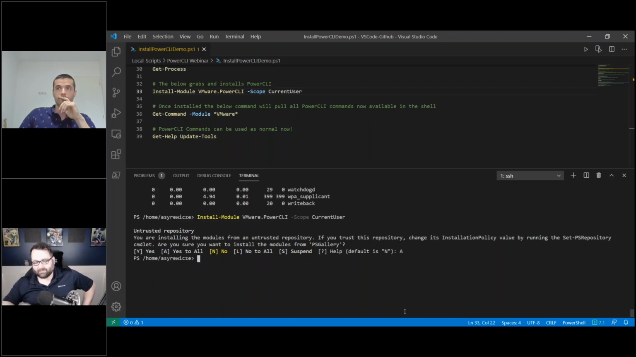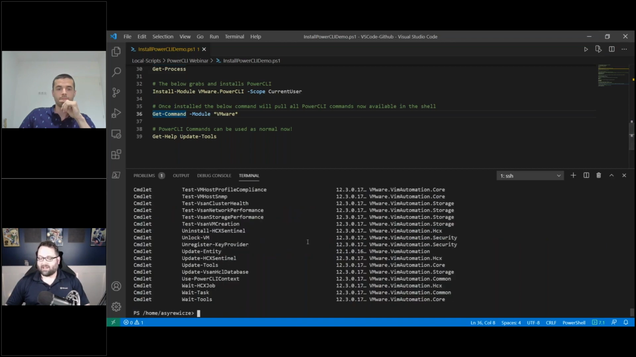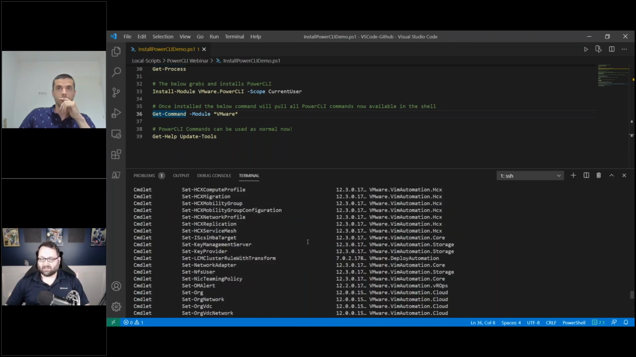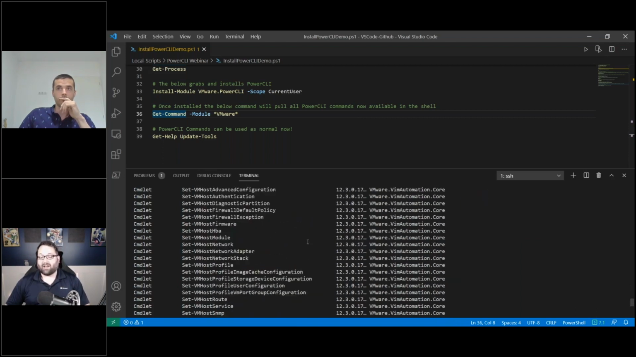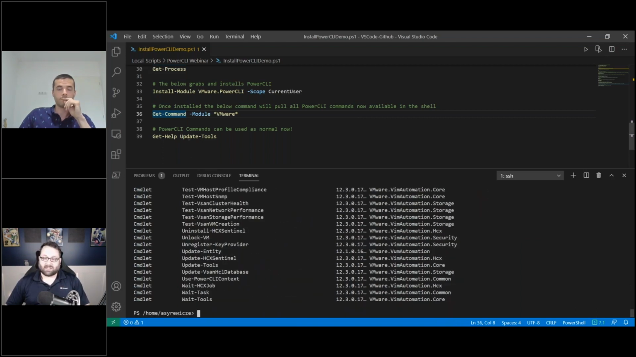But we'll see there, it's installed, and we should be good to go now. So if I use Get-Command and look for all the commands that have a module name containing the word VMware, I'll see that, hey, here are all the PowerCLI commandlets. So we've essentially installed PowerCLI now, and I can use any of the PowerCLI commandlets just like I would on